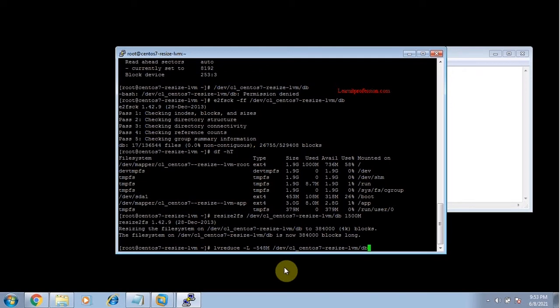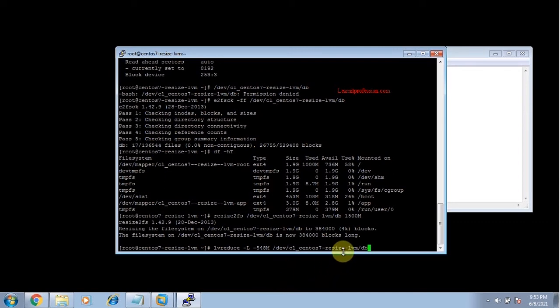So the complete command of reduction after resize is lvreduce -L -548M /dev/cl_CentOS7-resize-lvm/db.